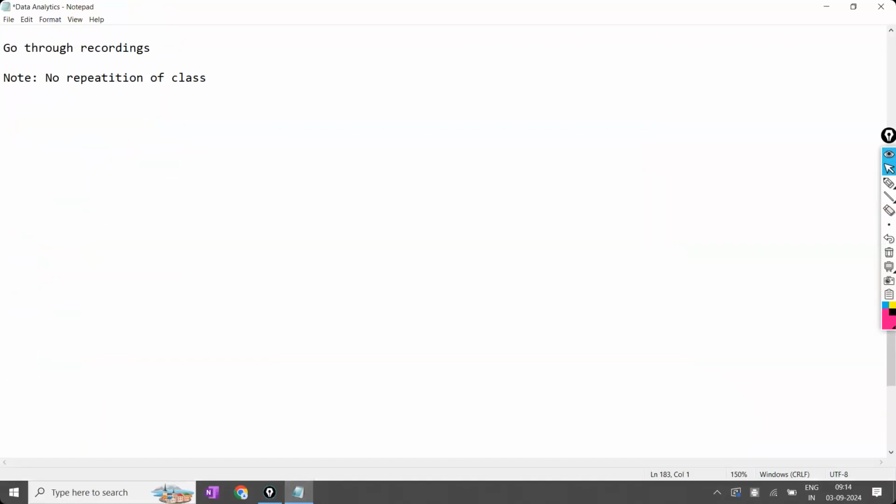Just as a small recap of what we discussed in the previous class, in session one, in the last class, we covered what is data analytics and what exactly a data analyst will do. We covered the meaning of data analytics, and what exactly a data analyst will do. Second, we saw what the data analytics types are.